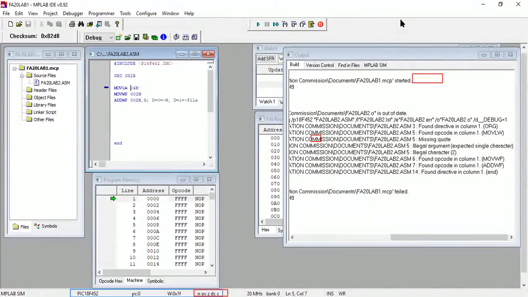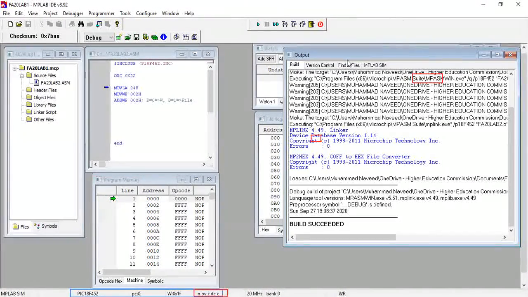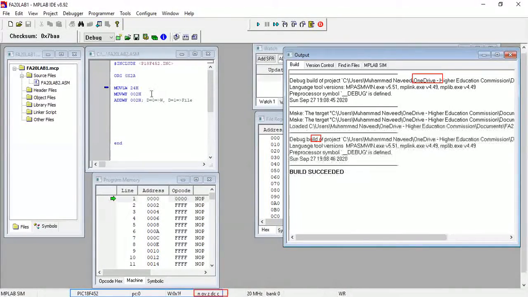Okay, I corrected this program. There was a hashtag, so I just removed it. So it's okay now. Okay, the program is working. Let me close this window.